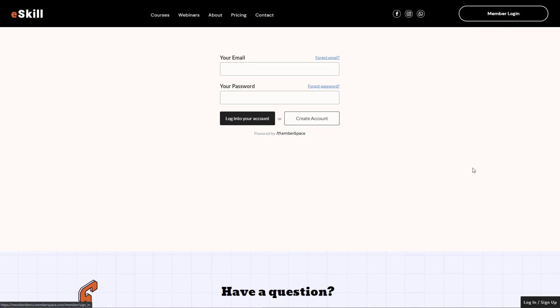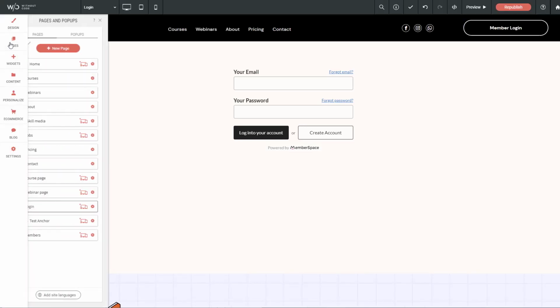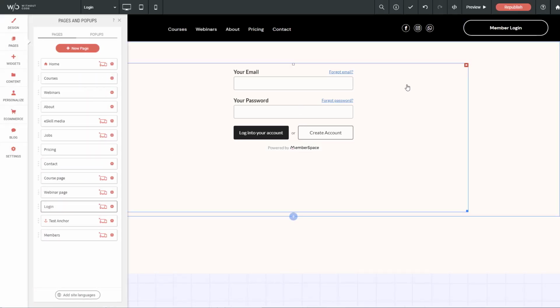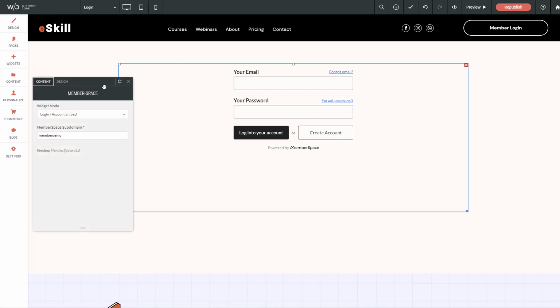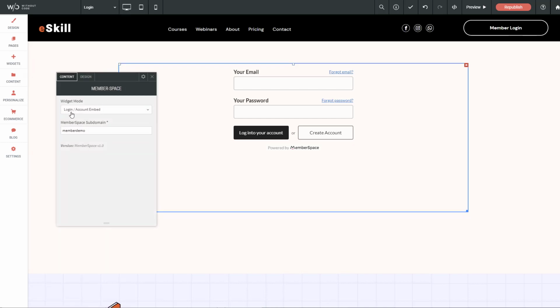Well, we can create a button or a text link, anything like that, and just point it to a page on the site. And right here I have a page called Login. So if I jump to the builder, you'll see I have a page. It's called Login. And on that page, we have the same member space widget. And for the widget mode, we simply set login and account embed and use the subdomain that we've used the